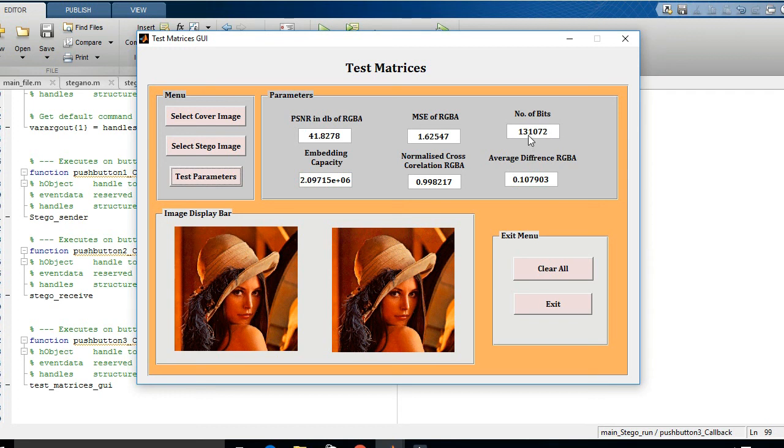The number of bits that we have embedded is 131072. The embedding capacity of this Lina image is 2.09715 into 10 to the power 6. The value of normalized cross correlation of RGBA is 0.998217, and the average difference of RGBA is almost around 0.107903. So these all are various image quality parameters.